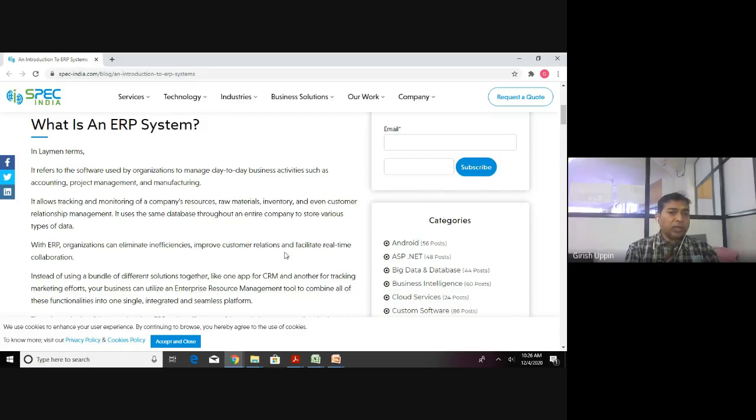So it facilitates real-time collaboration. What is the meaning? The minute the sales team puts in the sales forecast, immediately the manufacturing team will know what their manufacturing level should be, and at the same time the procurement department will know how much raw material should be procured. That is how the whole organization can work in real time,